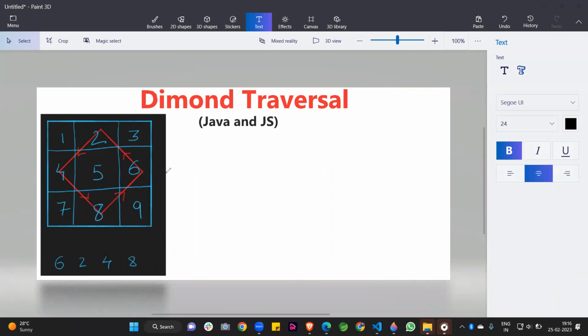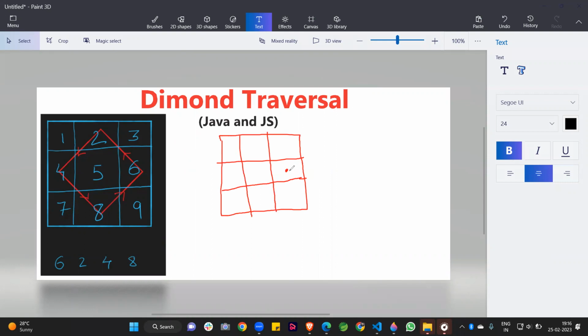So guys, you can see here the diamond traversal in this matrix. A 3 by 3 matrix is given to us. How can we traverse in a diamond shape? We start from this position.